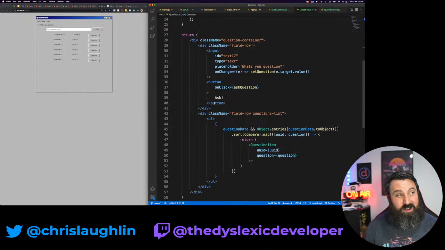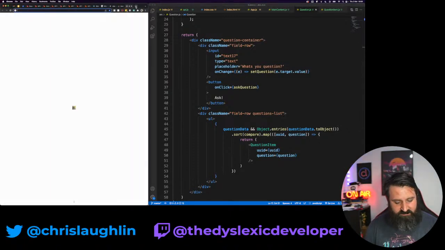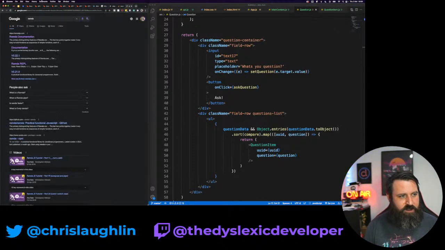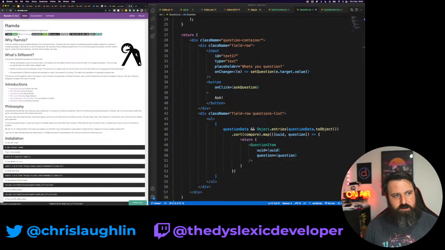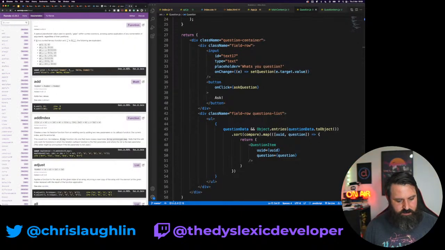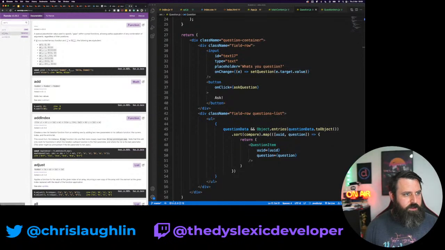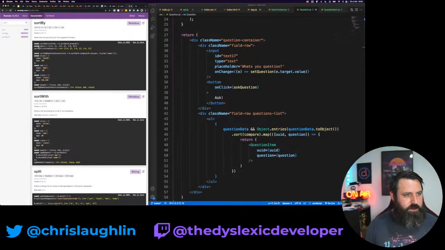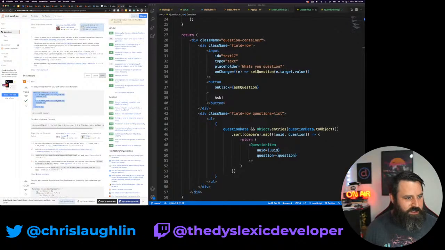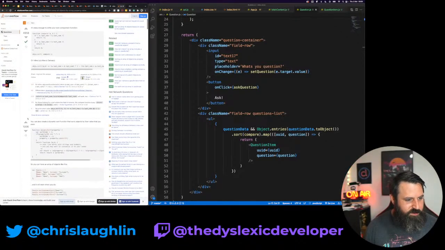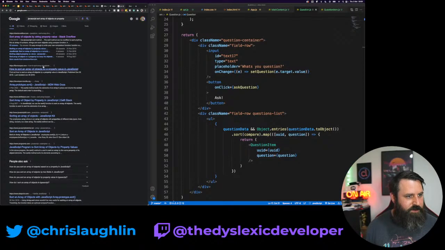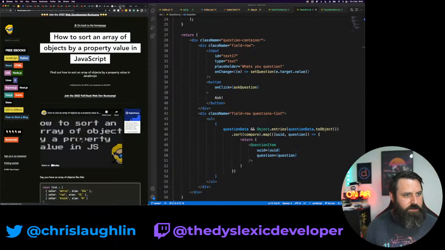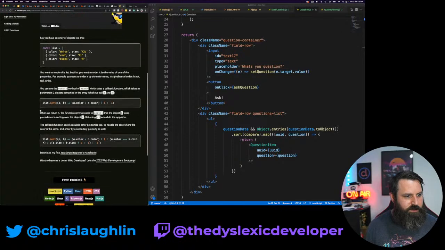I could just pull in Lodash or something, or Ramda. I usually use Ramda for sorting stuff. Documentation, sort by, sort by prop. It's going to be a lot of hassle bringing that in, isn't it? Come on, you can write a sort function. You've been writing JavaScript for so many years. Just give me the answer.